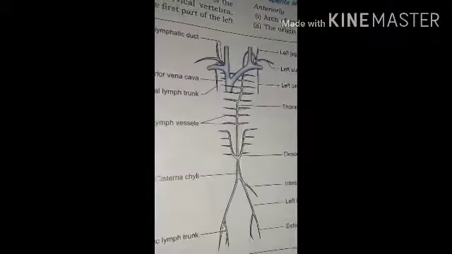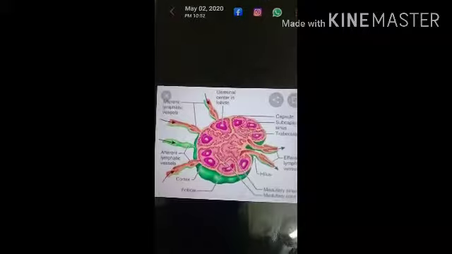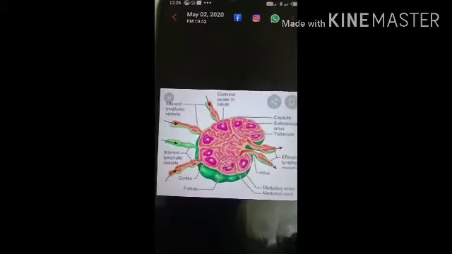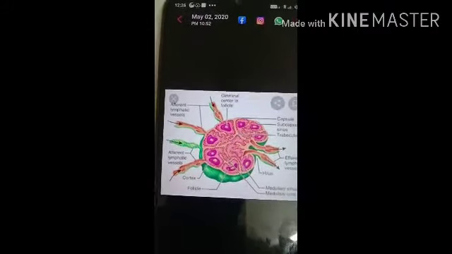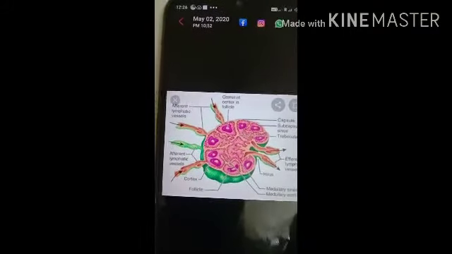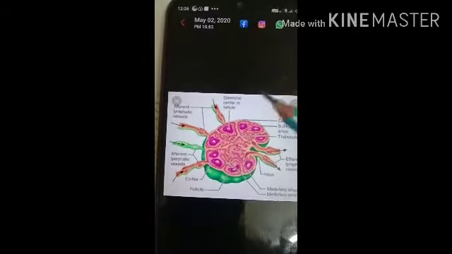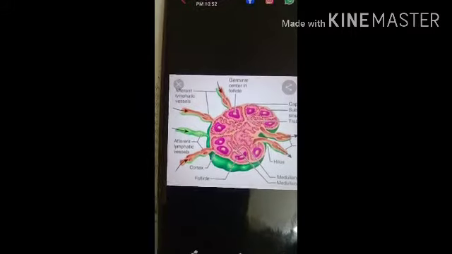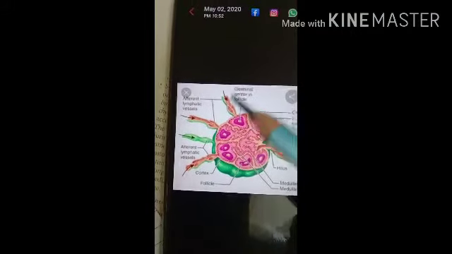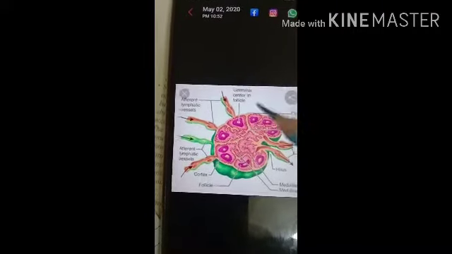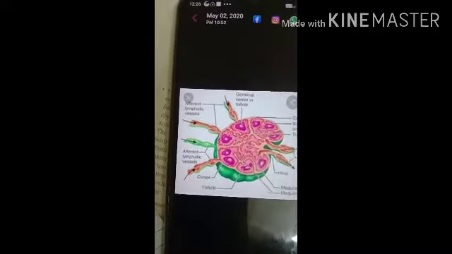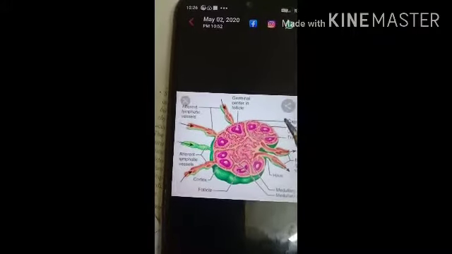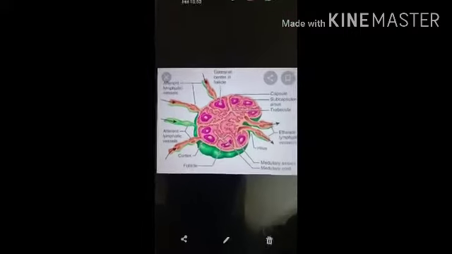So let's see the details. First, the lymph node. Lymph nodes are small bean-shaped masses of lymphoid tissue enclosed in a capsule of connective tissue that occur in association with the lymph vessels, as a part of the lymphatic system. The lymph node serves as a filter, providing a specialized tissue where foreign antigens can be trapped and exposed to the cells of the immune system for destruction.